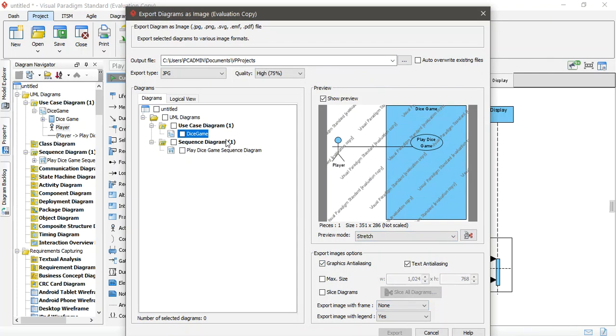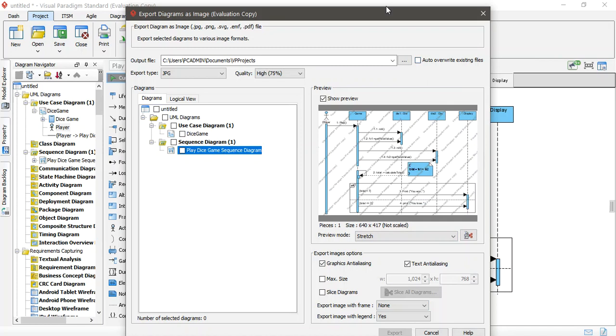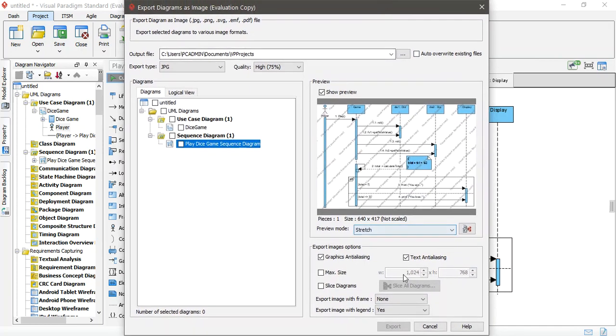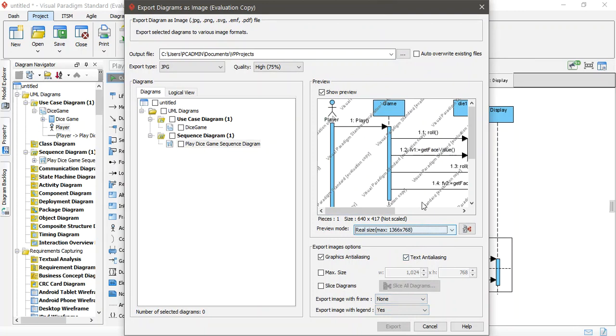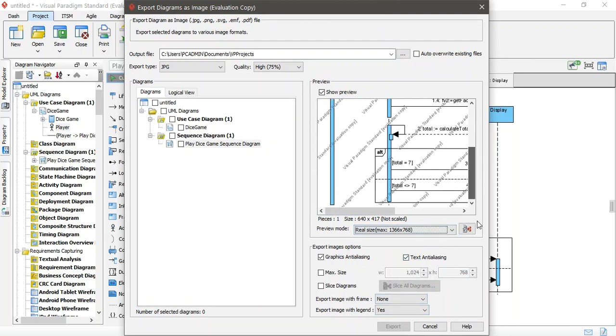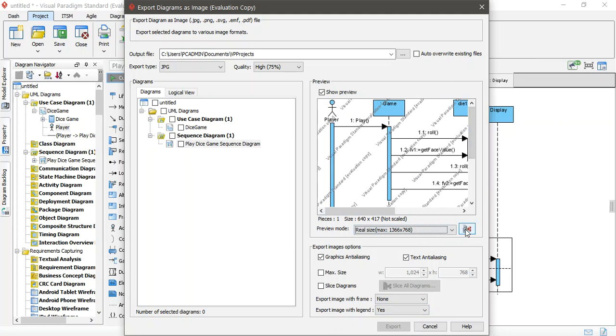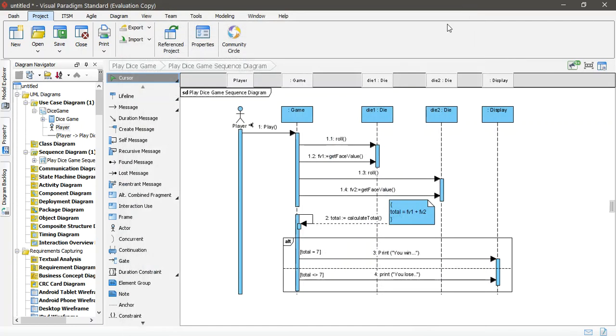And this is the other one. You see, because this is not pro, that's why it doesn't appear like this. So you can export it to whatever type you want. Real size or whatever. That's the diagram. Export image with the frame or legend, whatever. So that's what I want to show you. Thank you for now. I'm going to show you how this is going to run